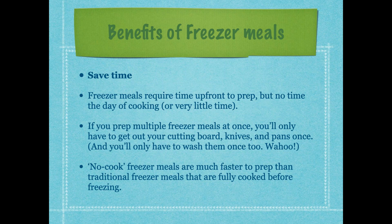Oftentimes, the kids are just leaving and you don't have a lot of time to do a lot of preparation, chopping, cutting, those types of things. So the nice thing is it's a make-ahead meal. You can make them generally taking one 3 to 4 hour period that you have available, preparing 10 to 12, 15 meals at that time, and then using those meals throughout the month. It's a little bit of upfront time, but it really does save a lot of time